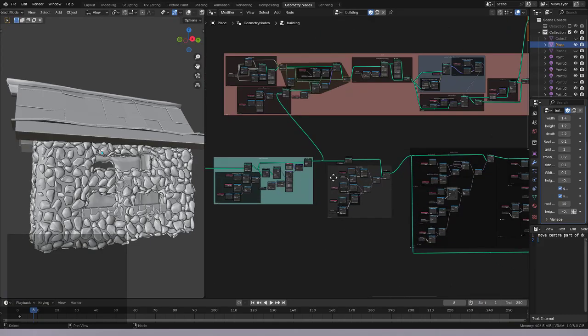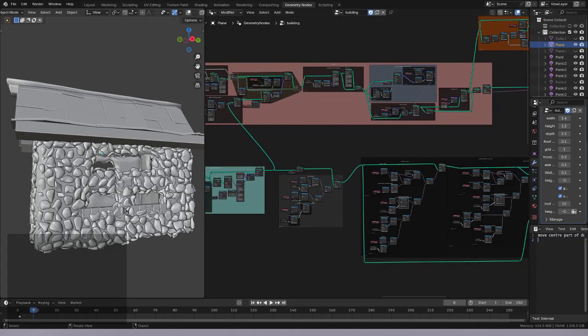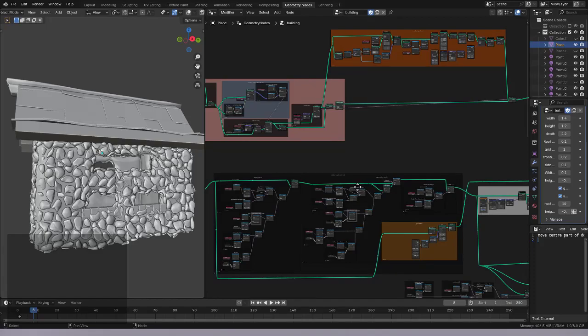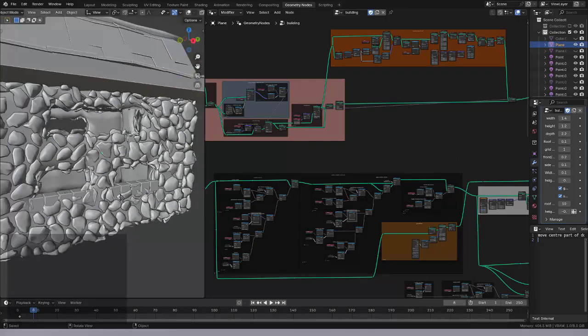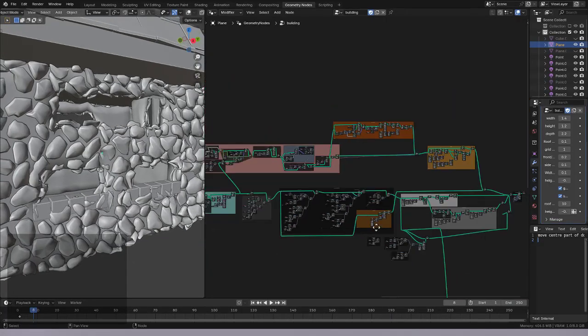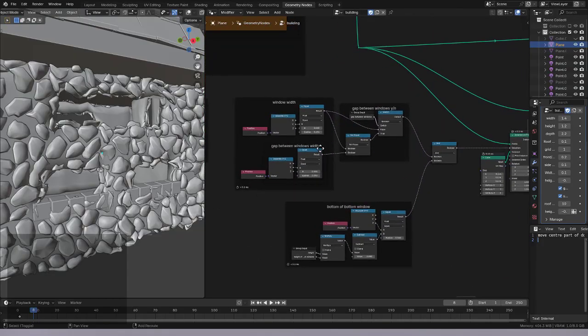Maybe I need to subdivide the one that removes window spaces more than I subdivide the one with rocks on it? I could do that. No, I really couldn't, because then it wouldn't have the windows out. Anyway, for now, I'm just going to try and build a window cell and then replicate it on the other windows. So the window cell is